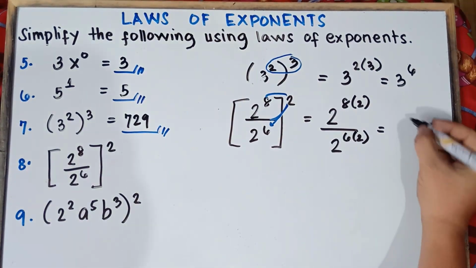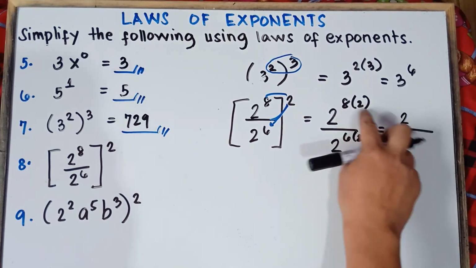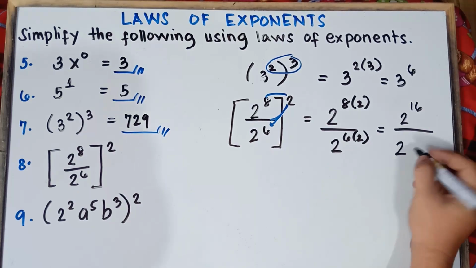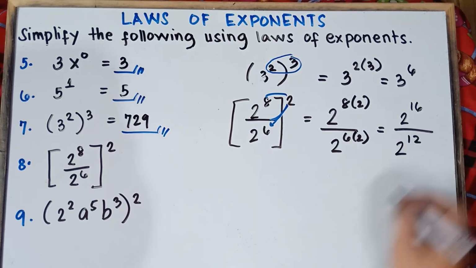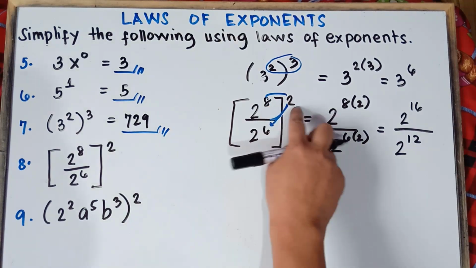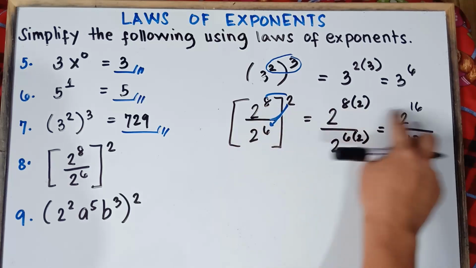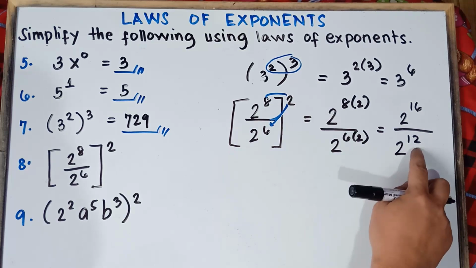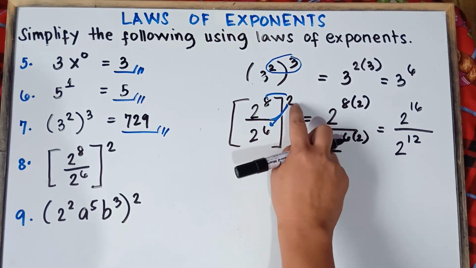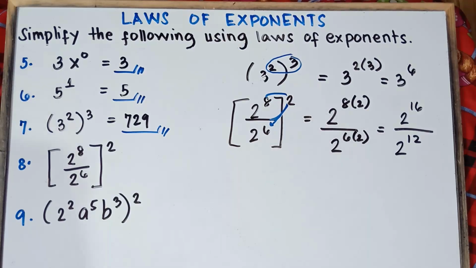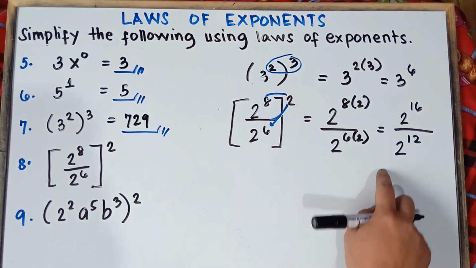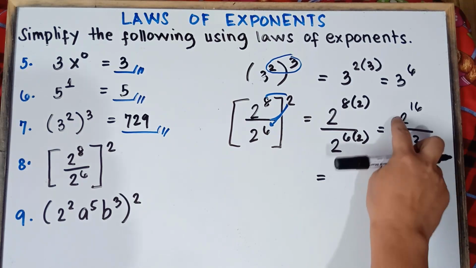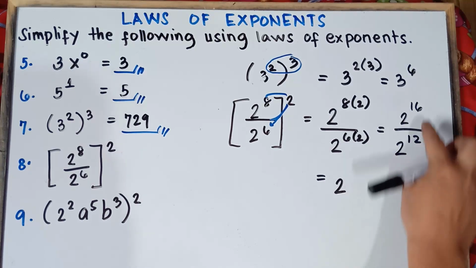Alright, so this will be 2, and then 8 times 2, that would be 16, over, copy 2, and then 6 times 2, that would be 12. Once again, class, you simply distribute the exponent, simply multiply. 8 times 2 is 16, and 6 times 2 is 12. Then apply the quotient rule: if they have the same base, copy 2, and then subtract